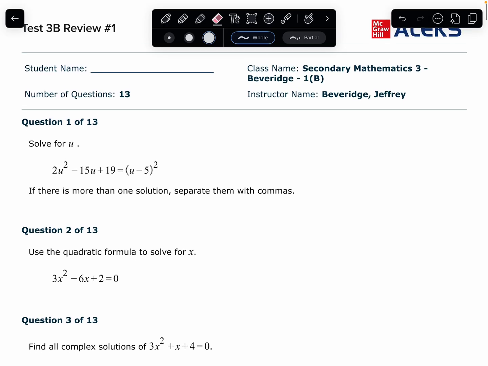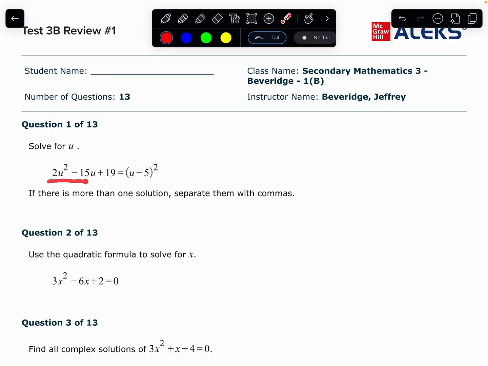I see on the left hand side of this equation that I have a quadratic. On the right hand side I also have a quadratic. So how I'm going to approach this one is starting on the right side, I'm going to expand this u minus 5 squared. So u minus 5 squared is equivalent to u minus 5 times u minus 5, which